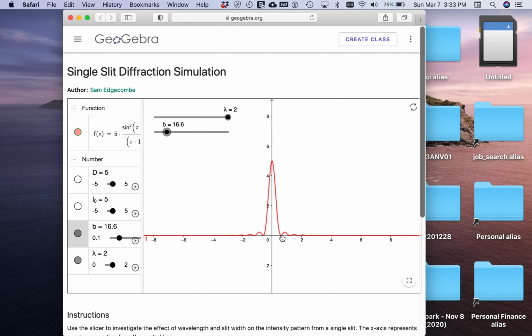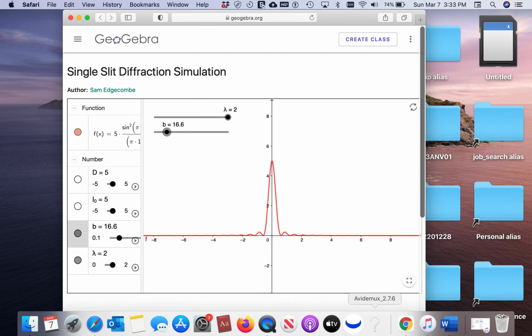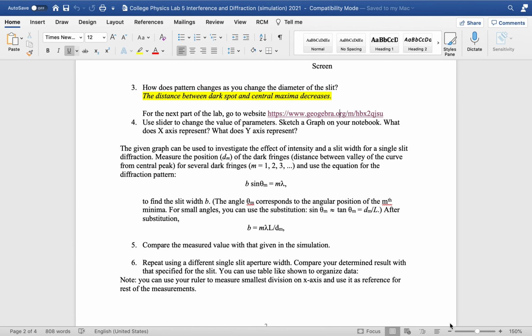So here the student will have a value for m equal to 1, m equal to 2, I mean dm, the distance from the central maxima to the minima. They should find this distance for several values of m. Once they have that,